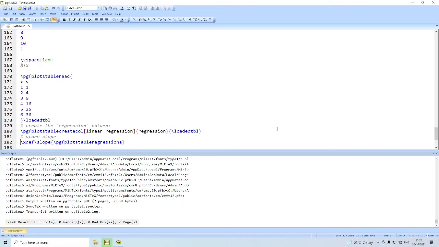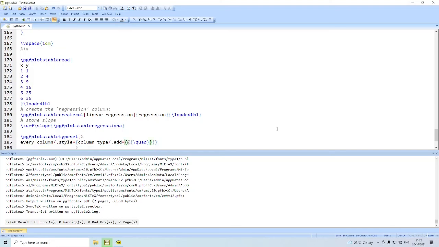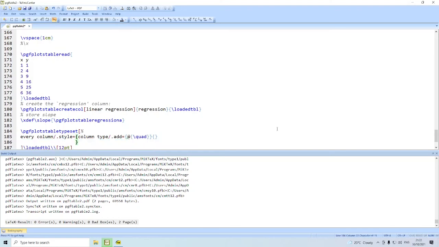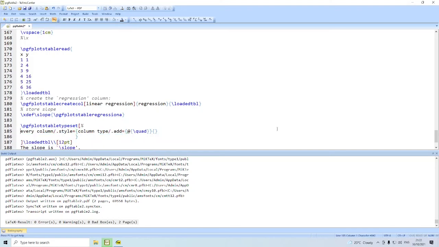We also would like to find the slope. We define \xdef\slope as \pgfplotstableregressiona, and then we typeset this table. I will explain this in a moment.